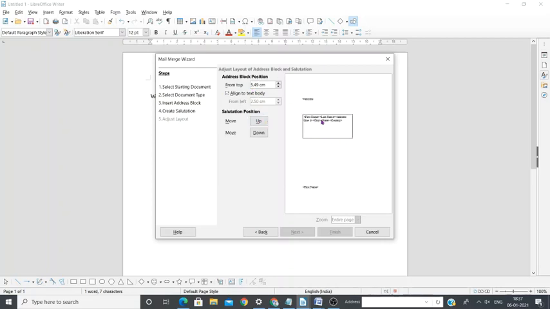Here you can see the box: first name, last name, address, city, state, country. No, this is not the one which I recorded, right? I need only the first name. Maybe it is added from the previous one. So where should this first name come? Top. Let me move it up. I'm clicking on the up button which goes up, and the down button which goes down.